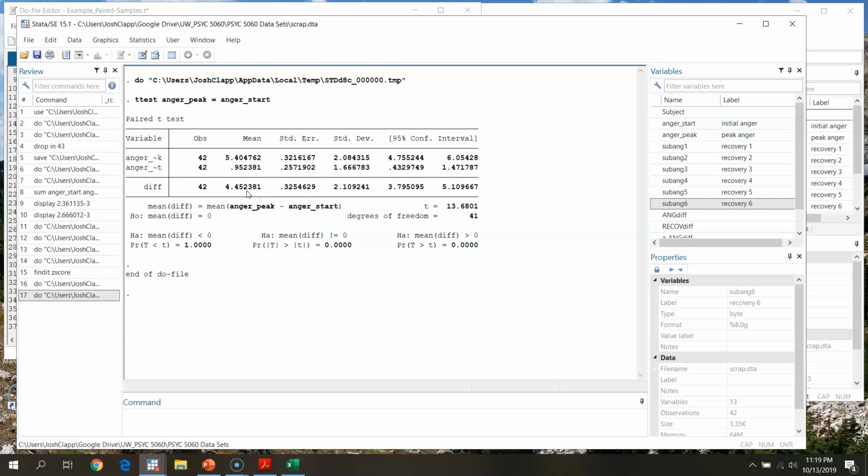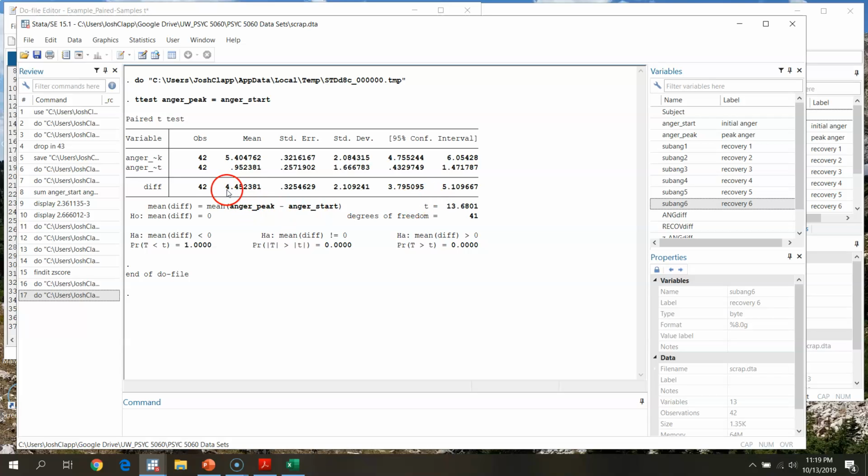On that 0 to 10 anger rating scale, which is pretty good based on the data that we've collected, any values from 3.8 to about a 5.1 unit increase in anger scores would be consistent with the data that we've got. Okay, so again, looking at our confidence interval, this is looking pretty good in terms of success of